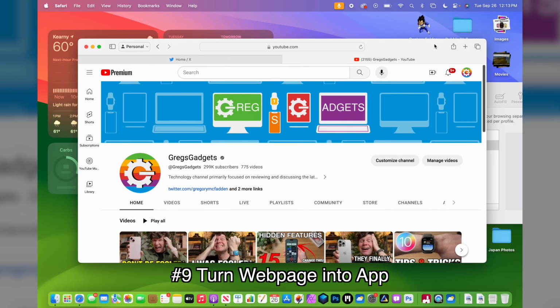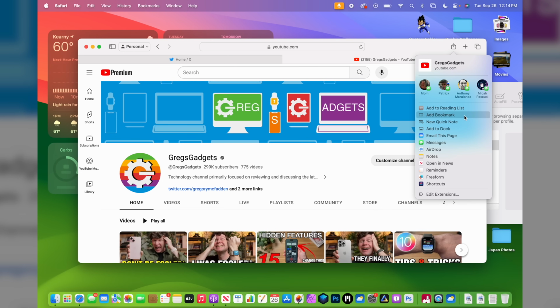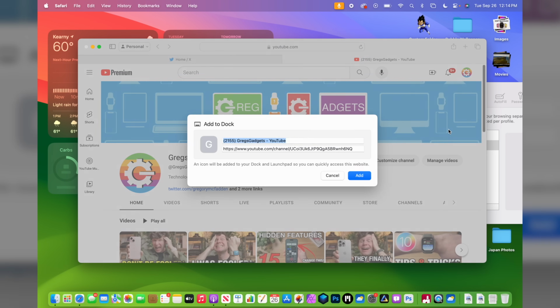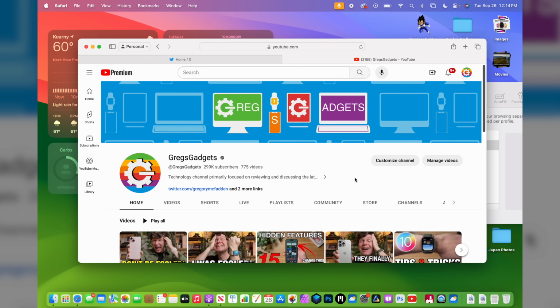And while we're in Safari, let me show you now how to turn any web page into a web app. So this one's pretty cool. So, maybe you want to use YouTube as an app instead of constantly opening it in the browser. To do this, you have to open up the page you want in Safari, right? Click the share sheet in the top right, scroll down, and you're gonna see a new thing called Add to Dock. Hit Add to Dock, and it's gonna ask you how you wanna call this. Just hit Add,